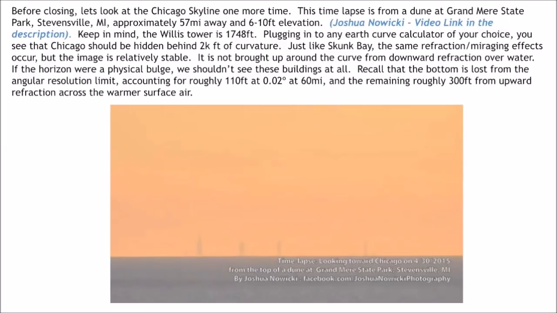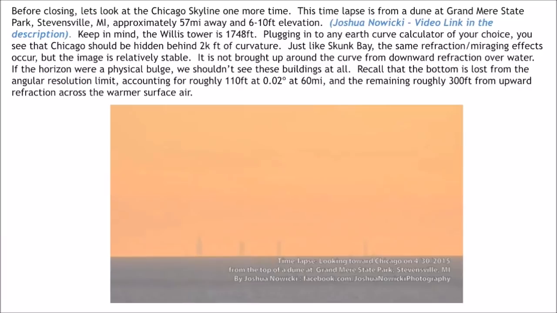So before closing, let's look at the Chicago skyline one more time. This time lapse is from a dune very close to the water, Grand Mere State Park, Stevensville, Michigan, approximately 57 miles away. And again, video link in the description. Keep in mind that the Willis Tower is 1,748 feet high. If you plug it into any Earth curve calculator of your choice, you see that the Chicago,